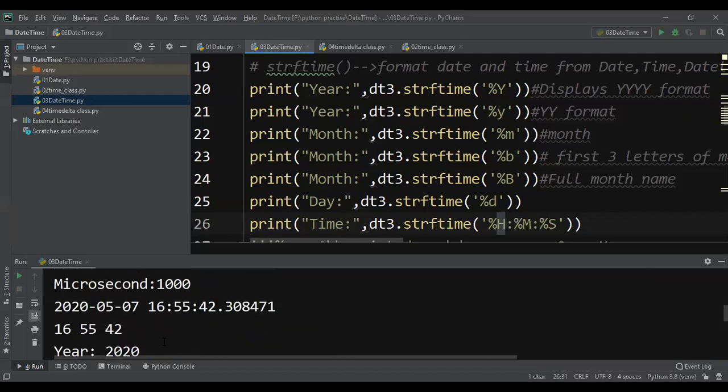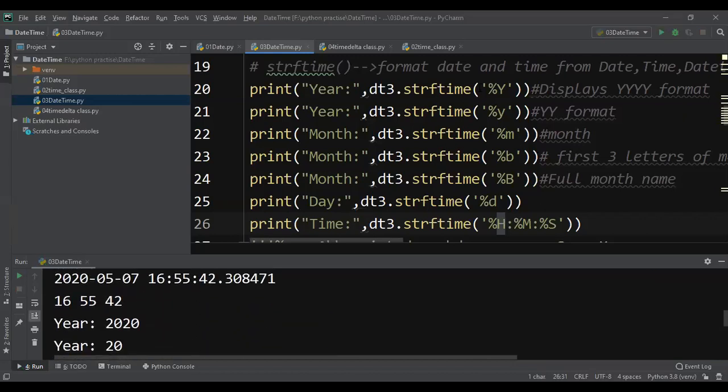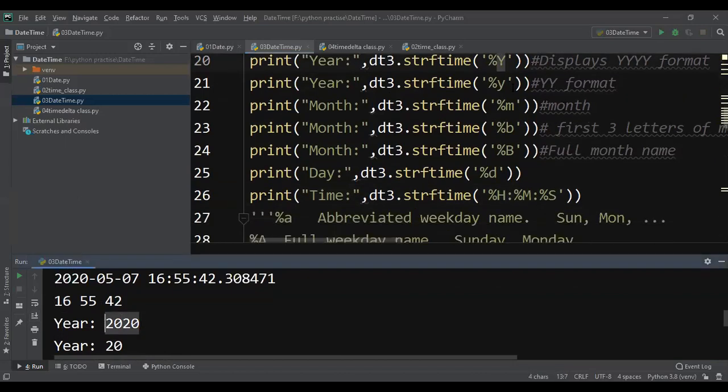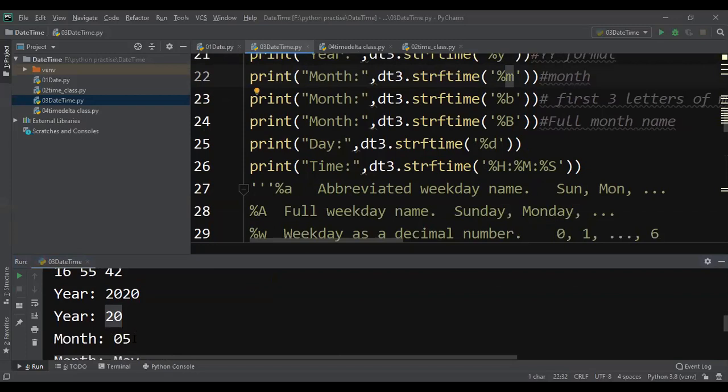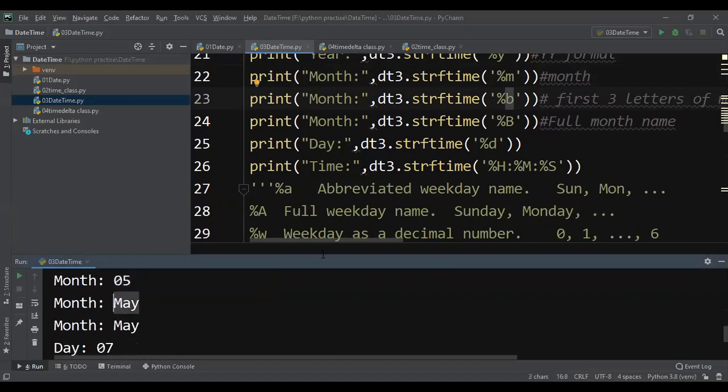Now see here. Since I gave capital Y, 2020 is coming in 4-digit format. Since I gave small y, I am getting only 20, the last 2 digits. Then m gives the month, which is 05. Then b is the first 3 letters of the month, May.